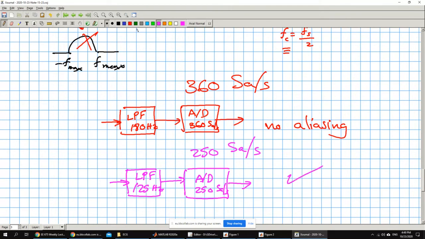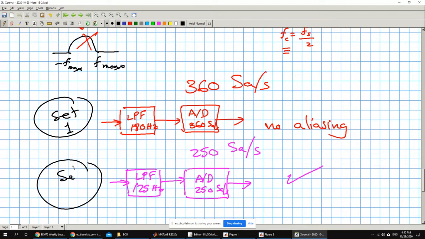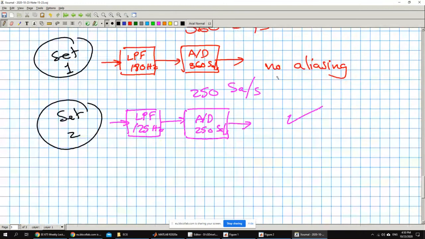So now we have a set of signals. We have the first set going through this system, and the second set going through this system. Whatever I'm getting here has no aliasing. The digital samples I have have no aliasing. I can go back to the original signal, but you have to notice something very important. If I wanted to go from the digital signals, here you have the digital samples,